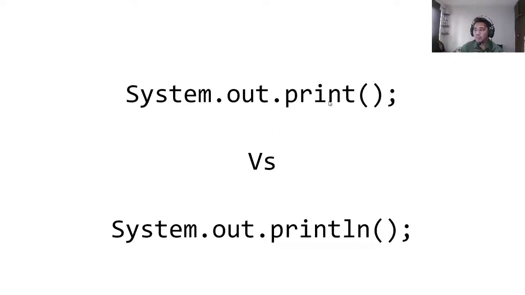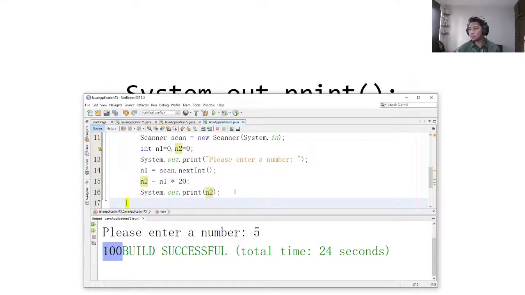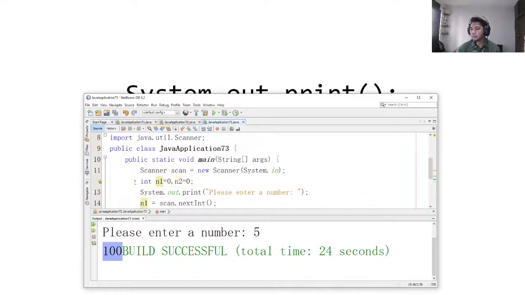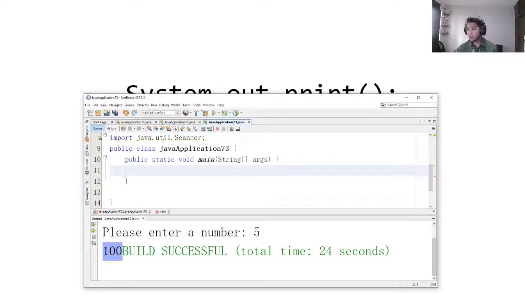system.out.println, but this one is system.out.print. What is the difference between the two? Let me show you how different the two are. So if you are going to use system.out.println or println,